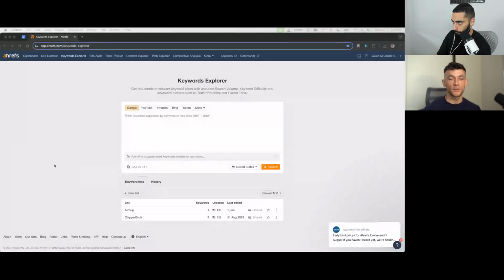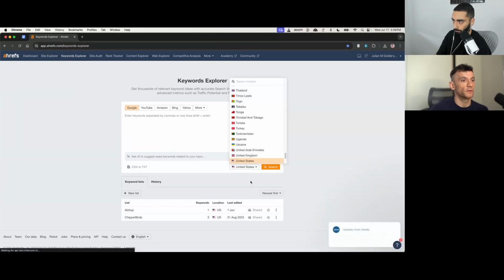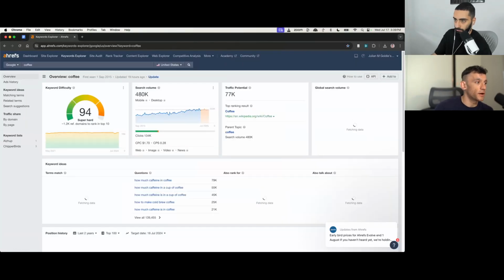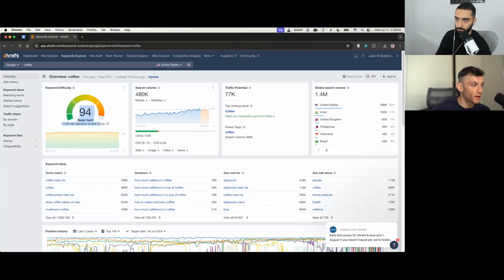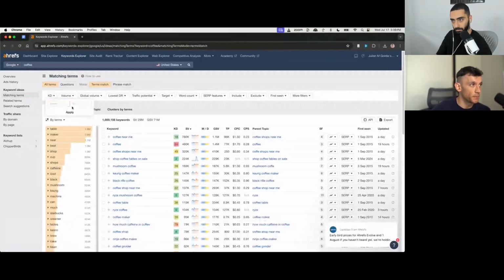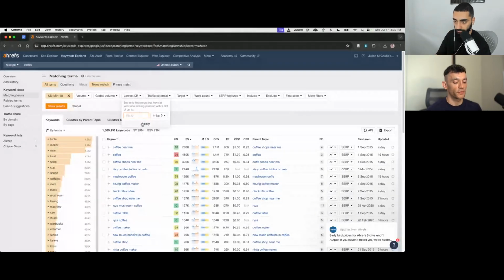This is a paid method as well. So what you can do is inside Ahrefs, if you go to Keyword Explorer, which you can see right here, then filter down to whatever country you're trying to rank in. And from here, let's say, for example, you're in the coffee niche, we can type in coffee right there. Obviously, it's going to be really difficult to rank for that keyword. But if we scroll to the bottom left and go to matching terms, we can actually filter down by keyword difficulty. So we can say, right, I only want to go after the easy keywords with low authority websites